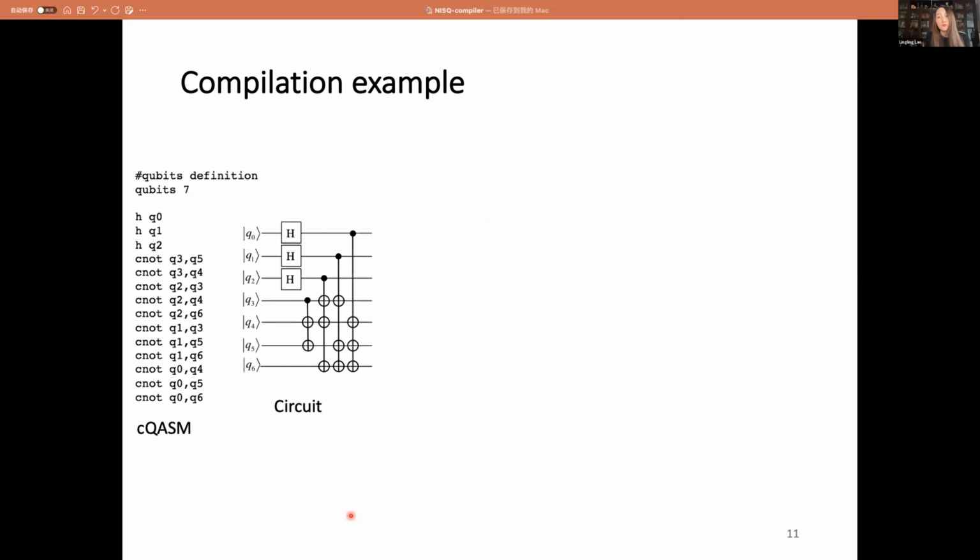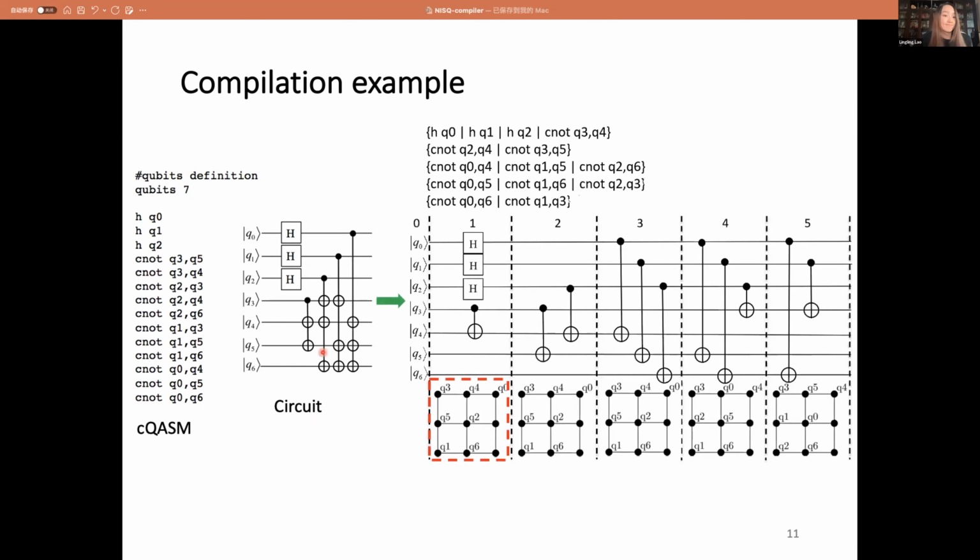Afterwards, we will map the decomposed circuit onto the connectivity-limited hardware. For this example circuit, we want to map it onto this 3x3 grid architecture.